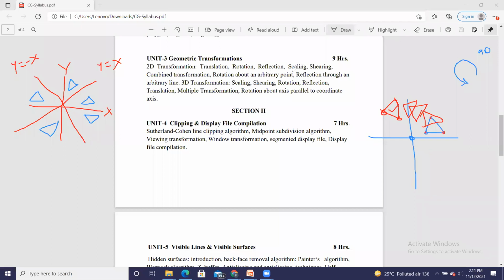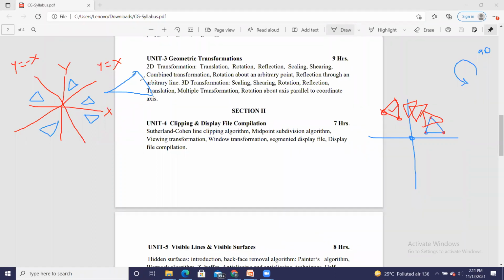Scaling. Scaling means to enlarge the size of the object or to reduce the size of the object. So this is your triangle. If I want to scale it 2 times, that means this side will be increased 2 times. The base is also increased 2 times, and the third side will also be increased 2 times.